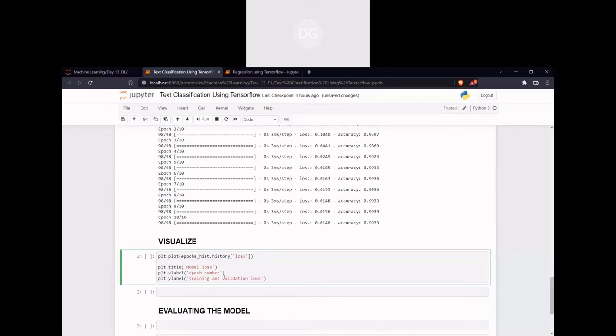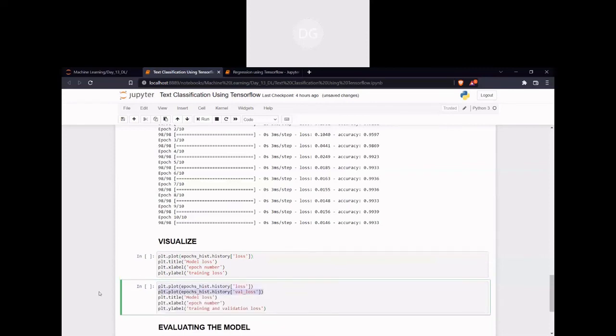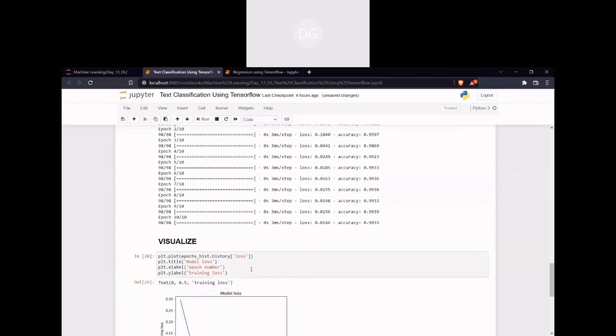X is going to be my epoch number and Y is going to be my training loss. Similarly we can do it for accuracy as well. Let us see whether I have given it correctly or not.